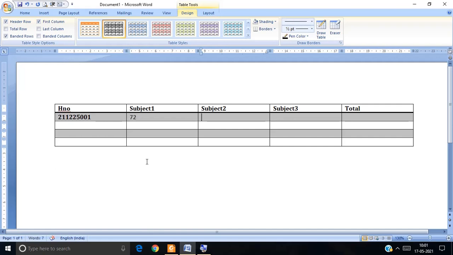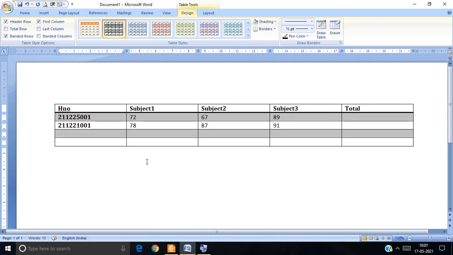Maybe the values will be different in the documentation here, because I am just explaining only as an example. Okay, so in subject 2, 67, and in subject 3, 89. After this, 21122 1001 I am taking here, and then 78 is the marks, for the next subject I am selecting 87, and subject 3 I am going to give 91 here.